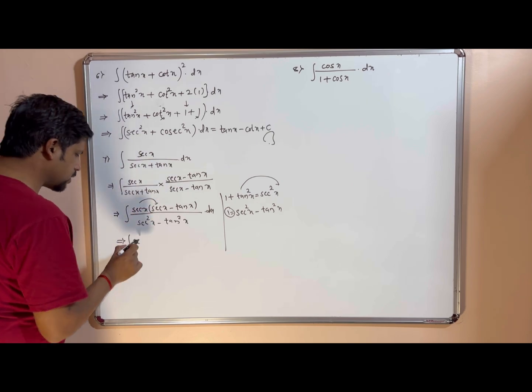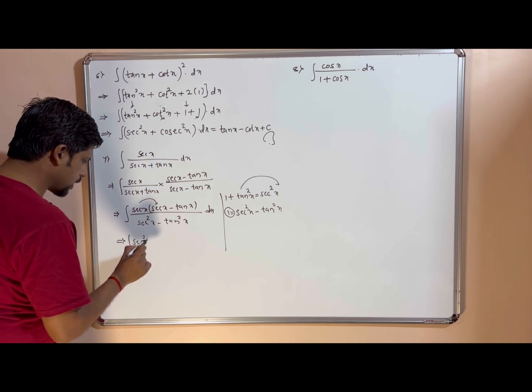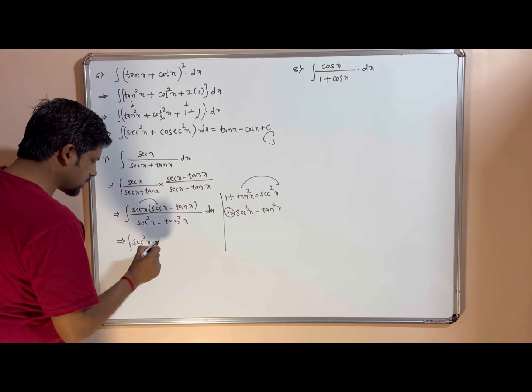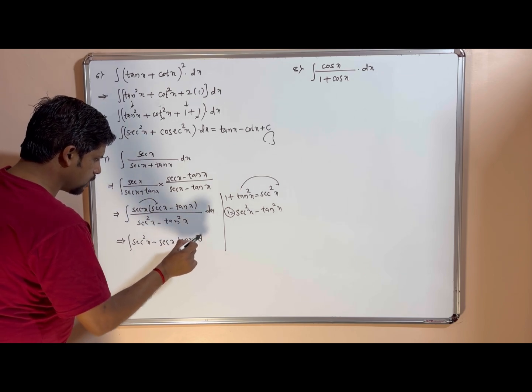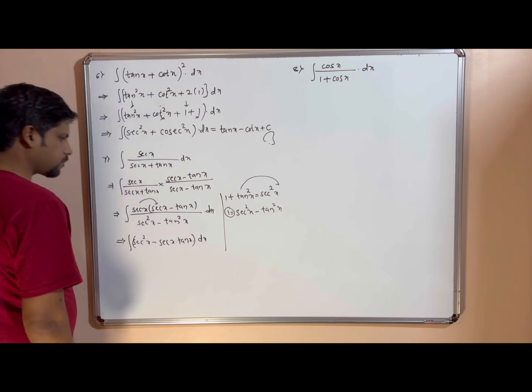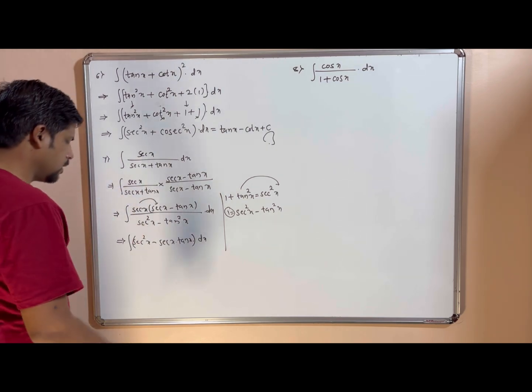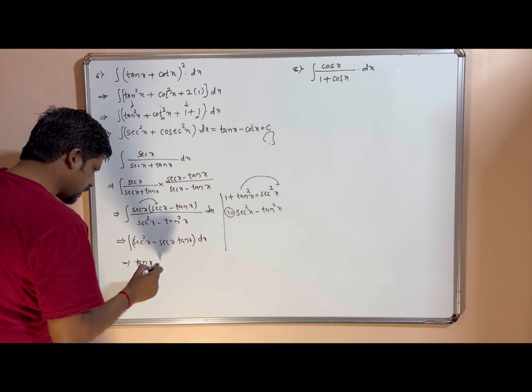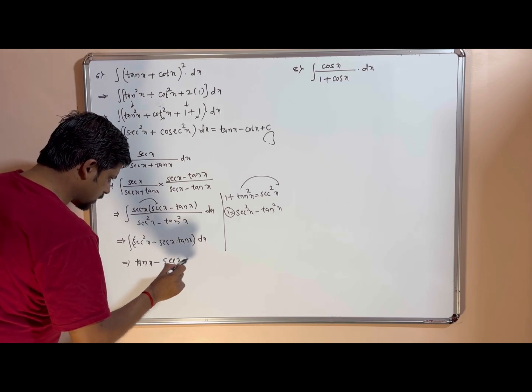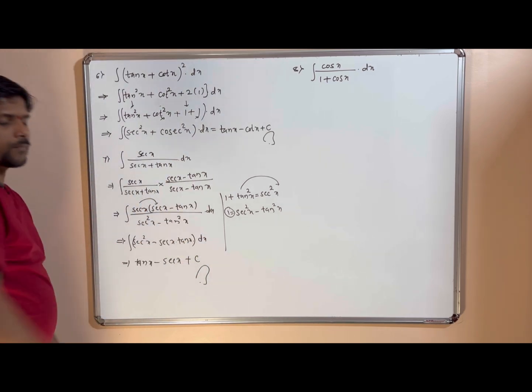Remove the bracket: sec x into sec x is sec square x, minus sec x into tan x, into dx. Denominator part is 1, right? Sec square x integration is tan x, minus sec x into tan x integration is sec x, plus c, right,